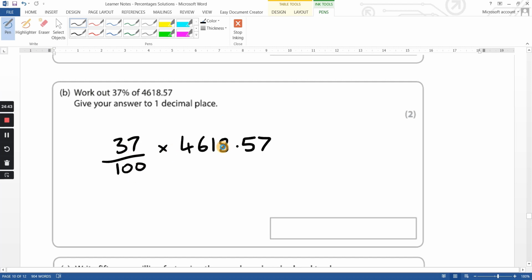So 37% of the amount. You can type that in your calculator. In fact, let's do that. Let me get my calculator. 37, you can use the divide button as well. So 37 divided by 100 times 4618.57 equals